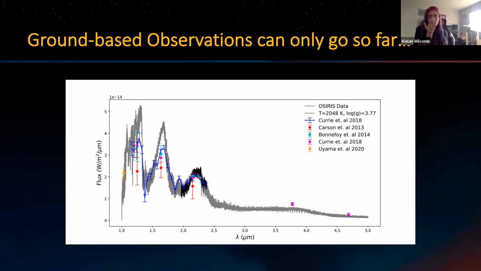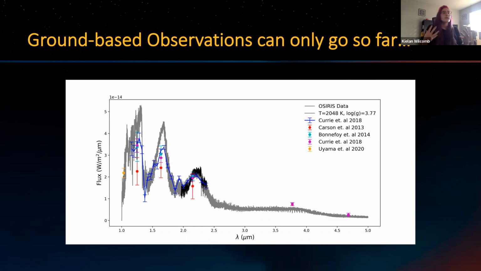Yeah. I mean, a lot of the limiting factors too are, at least with forward modeling, something that we don't have, like the free retrieval people have, is that we can only fit for so many parameters. So once you have a good idea of what the temperature and surface gravity of this object might be, that opens up the doors to creating these custom models with different cloud layers, different types of clouds, different stuff in clouds, because